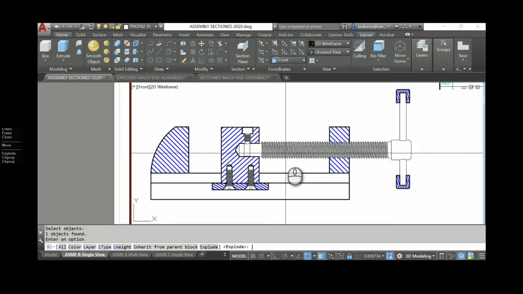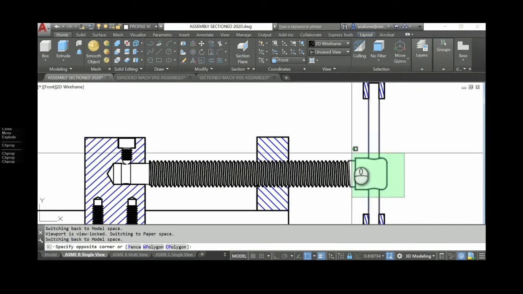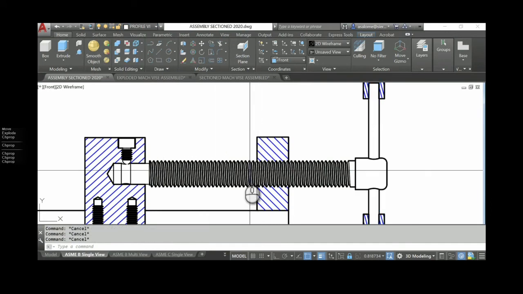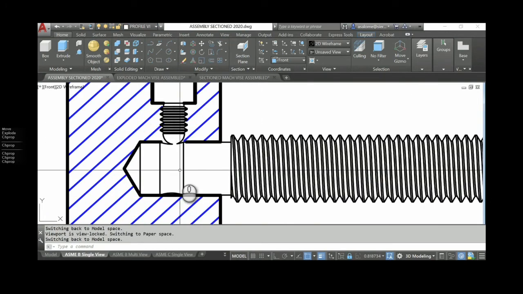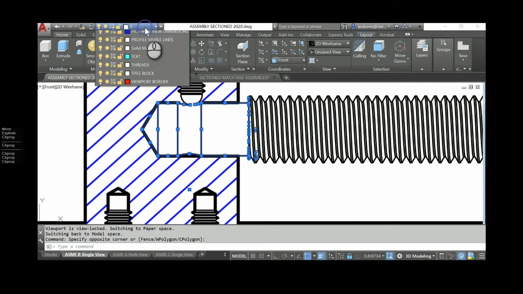I'm going to use my LW option, enter, enter, and then I'm going to choose these components and tell it what layer to take these to. So these are going to go to the Profile Visible Lines layer, right? These are going to go to the Profile Visible Lines layer.